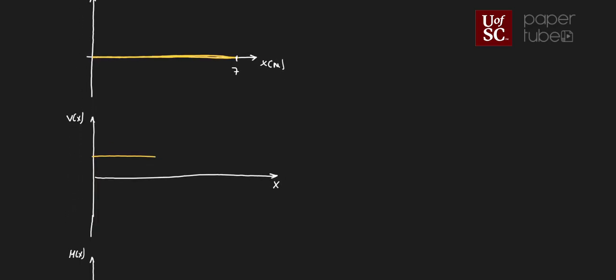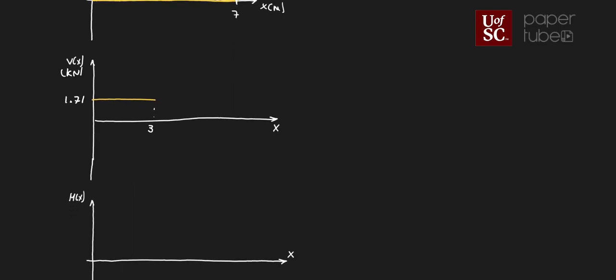There you go, 1.71. This is now in kilonewtons. That's 1.71 kilonewtons. And over here, this is going to be 3 meters, right? This x is now in meters. All right, now to find the other 2 points, what I'm going to do is evaluate that second equation that we had,